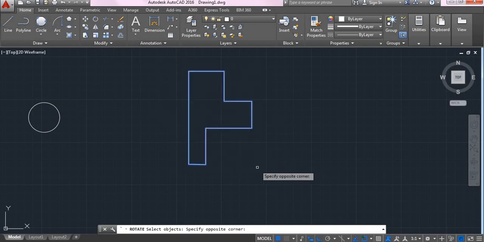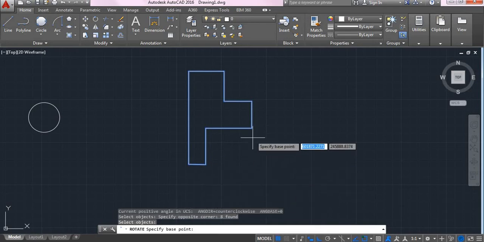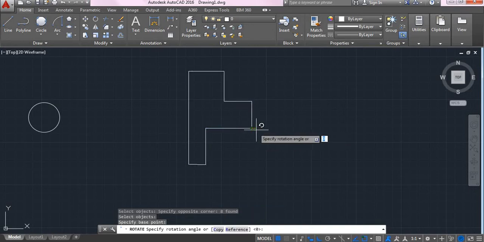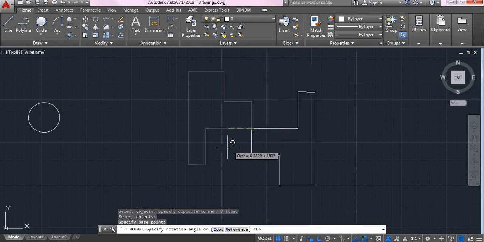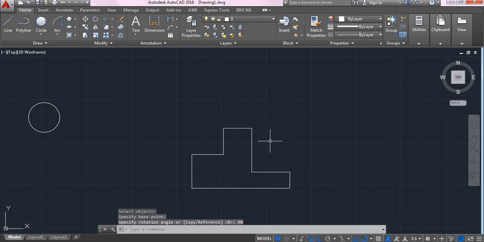This is my object to rotate and I'll specify the base point, with respect to which point I should rotate my sketch. Say this point. And it asks for the rotation angle. You can specify the angle for rotation. For example, if I give it as 90 degrees, then the rotation will be like this. This is how we use the rotate command.